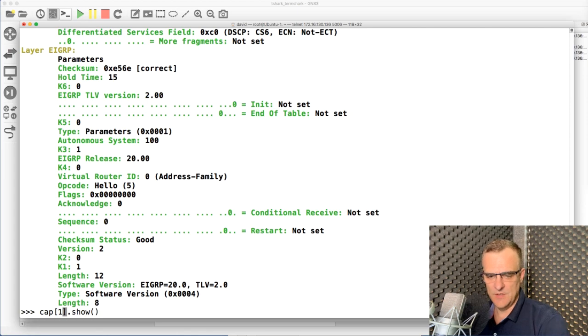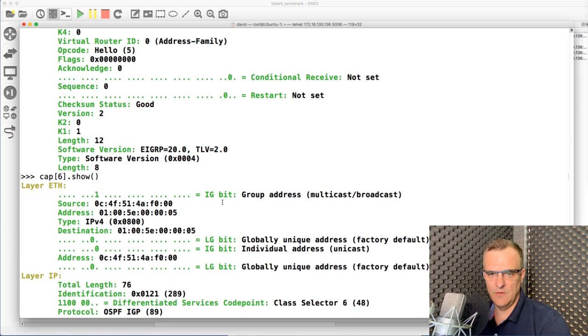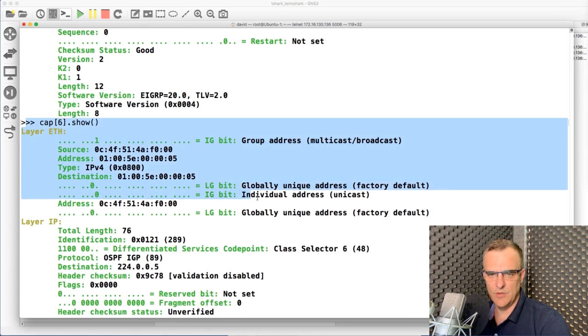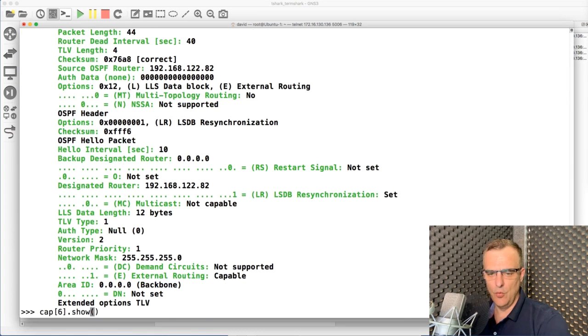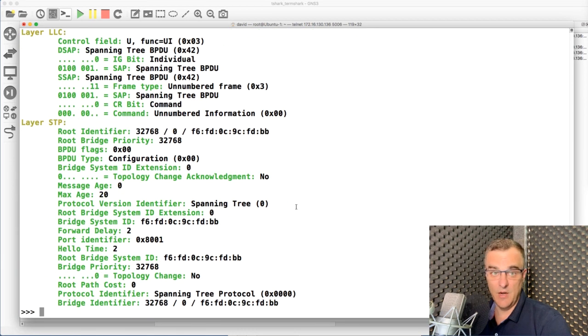Let's look at 6. 6 is OSPF if I remember correctly. Yes, it is. So here's our OSPF output. Again, this is all being used from within Python. I'm running this output in Python. Now you might say, okay, but this doesn't really help me. Notice what you could do is I could say, okay, print